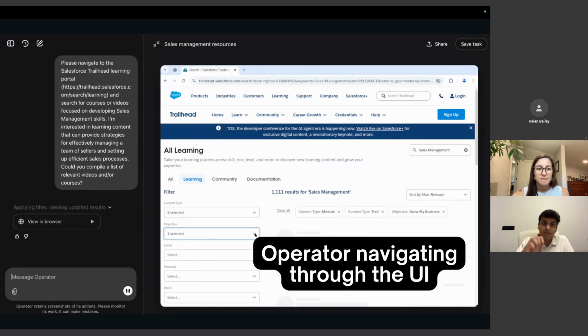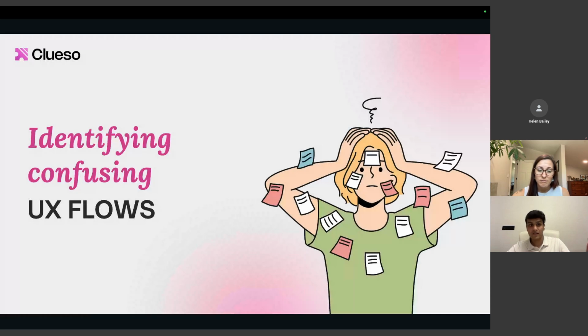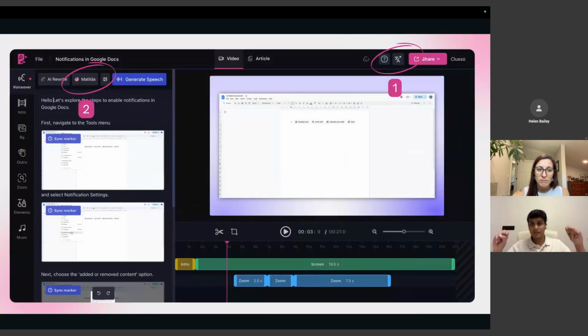You could literally give the same prompt 10 different times and it'll perform different workflows, as if it's a new user every single time. That way you can understand that, okay, 7 out of 10 times it's doing this, so maybe this is an easier workflow to understand. But if a particular workflow only succeeds 2 or 3 out of 10 times, then it's probably confusing. That's how we ended up identifying a lot of confusing user experience workflows on our product. One thing we noticed was that a lot of our customers were struggling